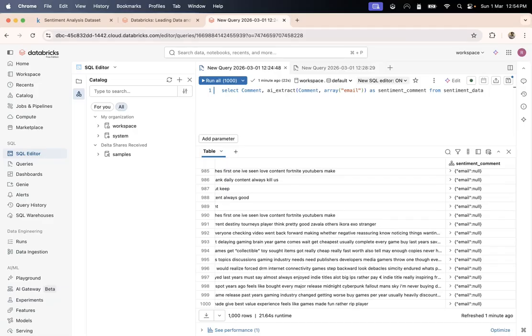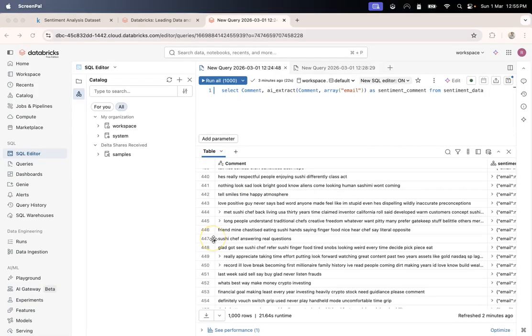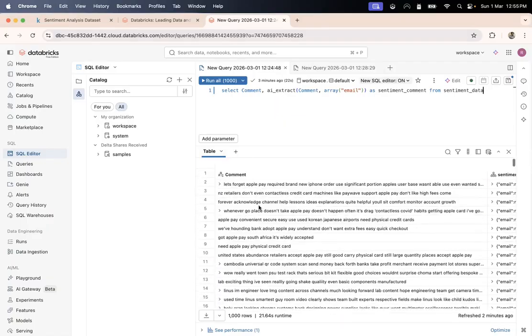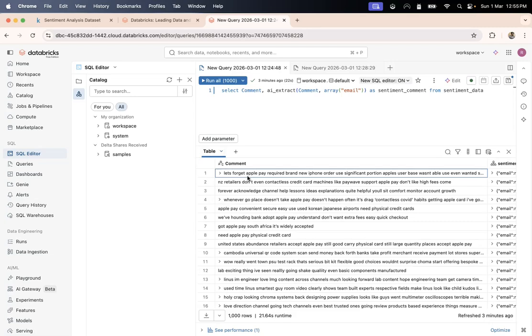Now I would like to go ahead and cover the next function, and that is AI fix grammar. Let's look at AI fix grammar. Now you can clearly see that not some, but in fact all of the comments are grammatically wrong. It is not required to correct the grammar of the user's comment, although you might have some use cases where, after correcting it, you might want to process it further.